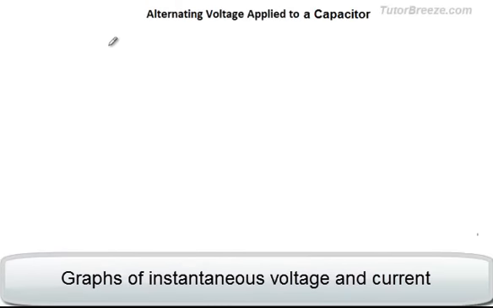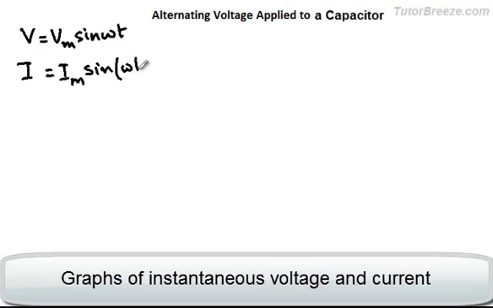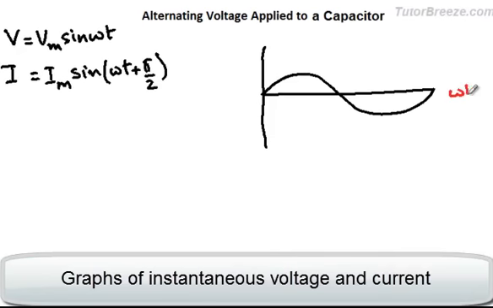We'll show the phase difference between the current and the voltage on a graph and then using a phasor diagram. So we know that V is Vm sine omega t, and for this case I was given by Im sine omega t plus pi by 2. So first if you draw the voltage, say we show the voltage as a sine curve. Now let's say this is omega t over here and this is V, so this is 0, this will be pi, and this is 2 pi.